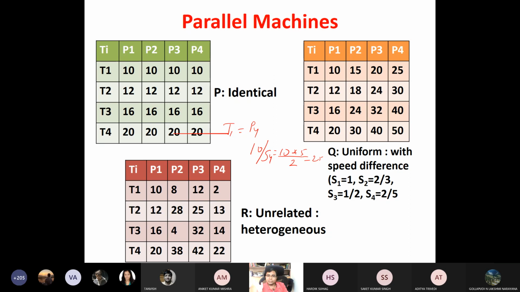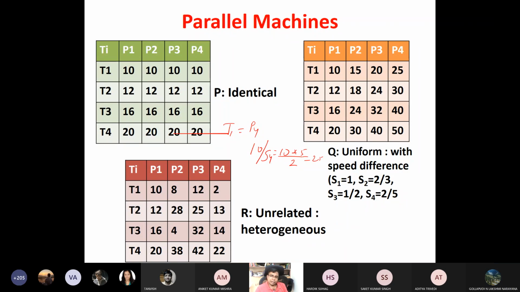Okay. So is this clear? P, Q, and R. Hello. Yes, P, sir. Q, and R. Yes, sir. P is identical, Q is uniform, and R is completely unrelated, heterogeneous. So why is Q uniform? Hmm? Why No, is the second one? second one is